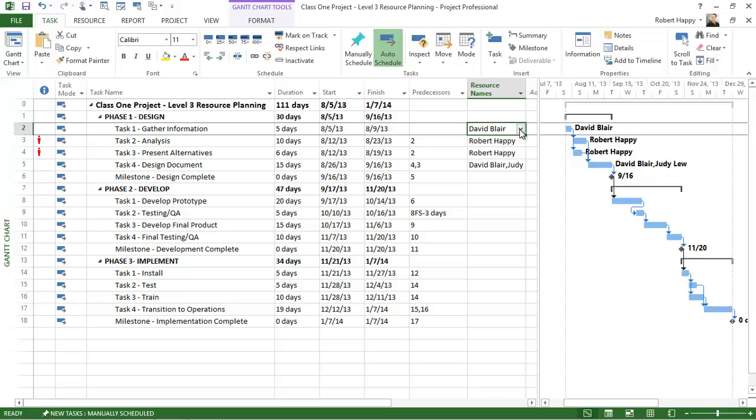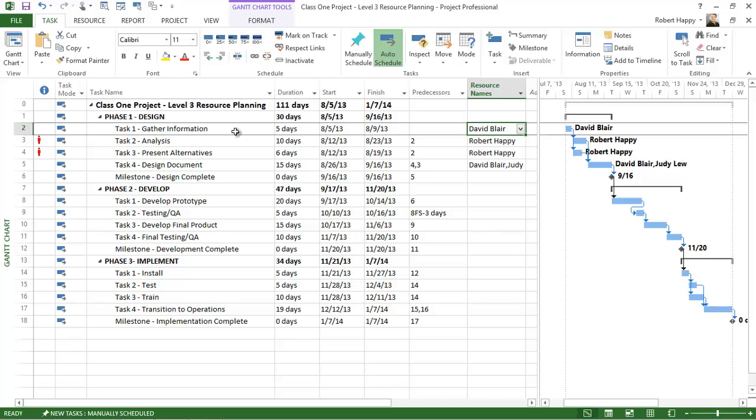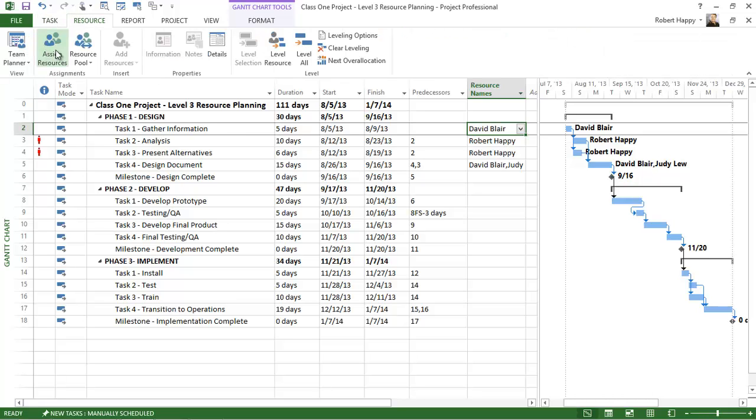Now, of course, we have that value list available to us because we built the resource pool first in the resource sheet. Another simple way to assign resources to tasks is to go to the Resource tab, and there's a nice tool in here called Assign Resources. And if I click on this,